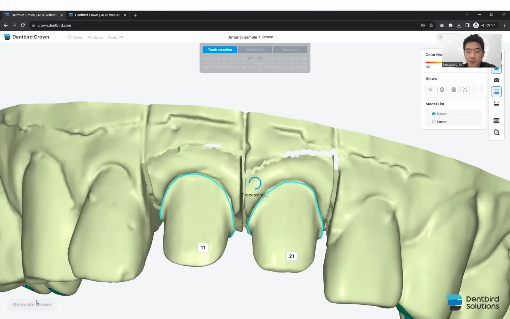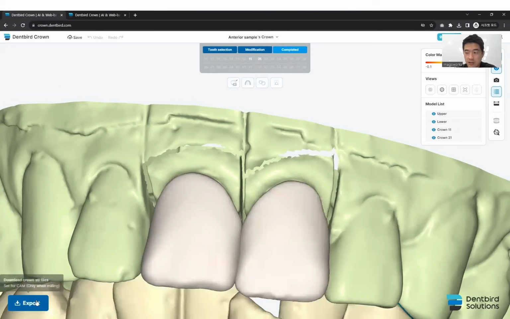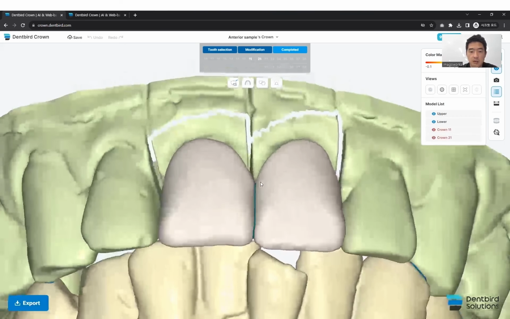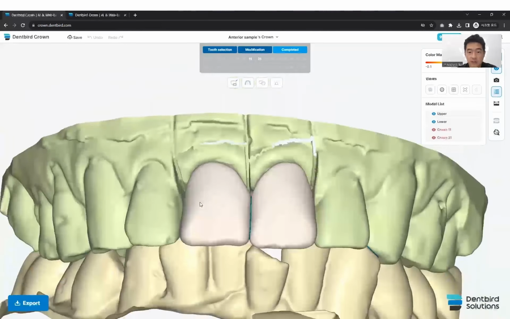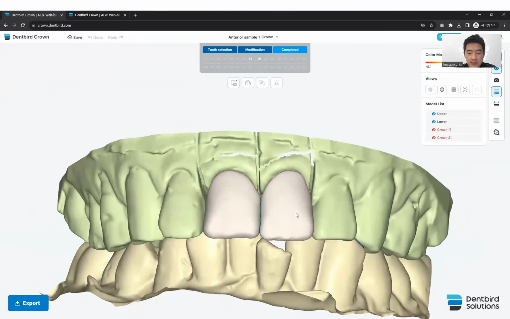So for the posteriors, we are generating the crown design considering mainly the functionality. But in the anteriors, we also consider harmonized designs, comparing with the other existing anterior teeth, so that